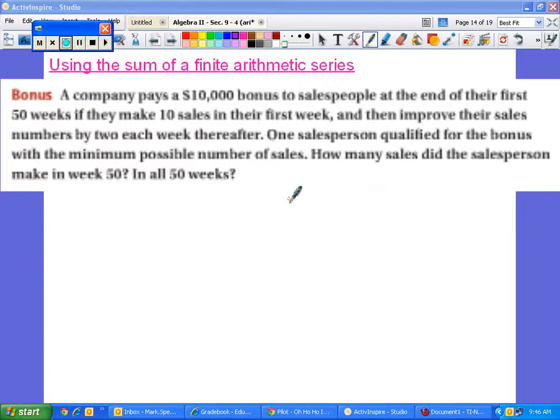Let's pretend it's widgets. What's that? What's a widget? It's a made-up product for use in school. Oh, okay. It's a Dr. Seuss product. It's made with moths. Anyway, so